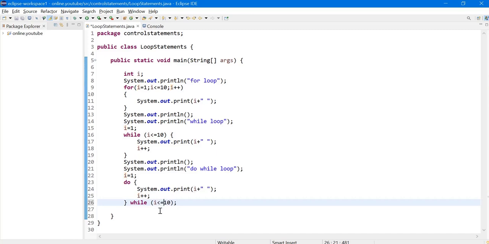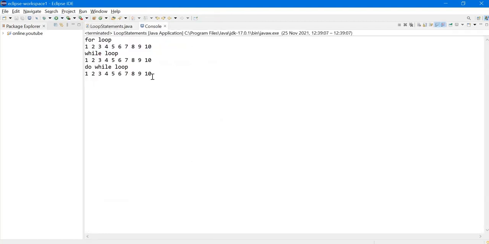It exited once it was 10, but I want the numbers to be displayed from 1 to 10. So I should give the condition as I less than or equal to 10. So save it and execute it once again. Now this is perfect, right? Look at the do while loop. Now it has executed perfectly. This is 1 to 10, right?